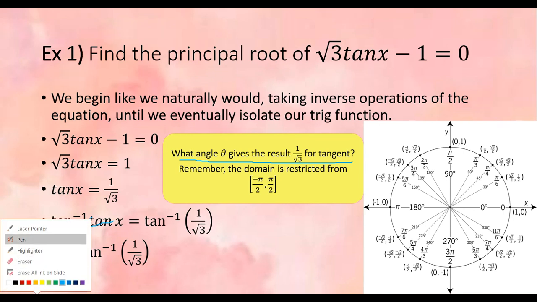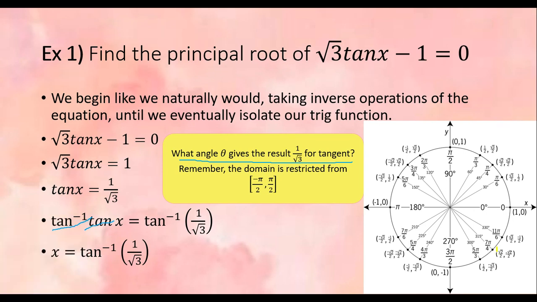So let me grab a highlighter here really quick. And negative pi over 2 to pi over 2, okay, remember this is 0 degrees, and this way it goes 0, 90, 180, 270, 360, right? Pi over 2 is 90 degrees, and negative pi over 2 is just 90 degrees in the opposite direction. So my domain restriction,